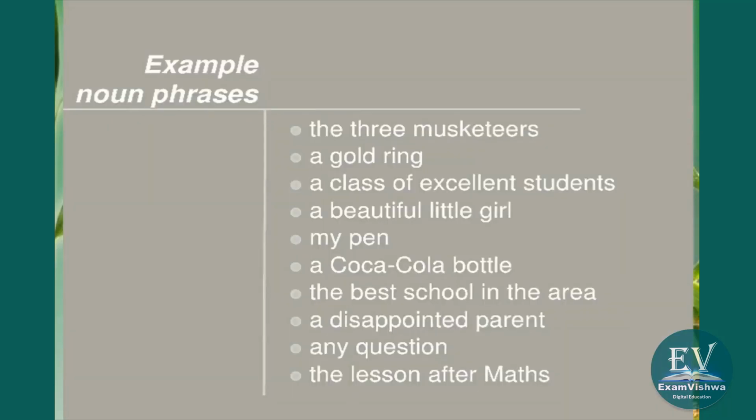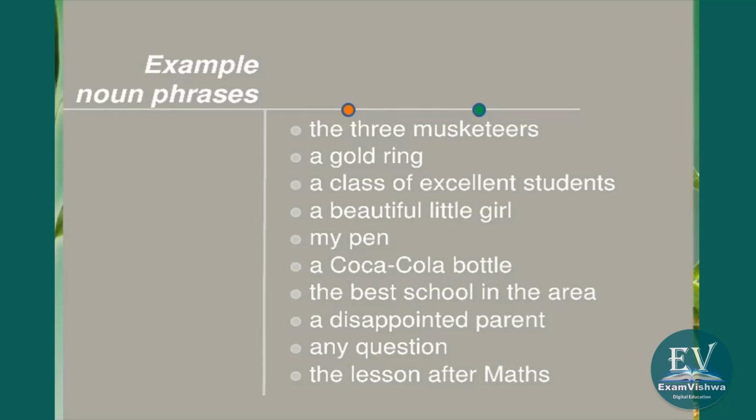Now let us look at some examples of noun phrases. So you can pick up the noun here and you can pick up whether the other word is an adjective. Most of them are adjectives only in this example. So see the three musketeers. So the three is the adjective which is describing the musketeers. Okay, so we have the noun phrase. When you take it together and when you call it as a phrase, this becomes a noun phrase, the three